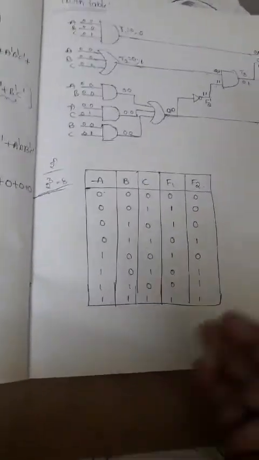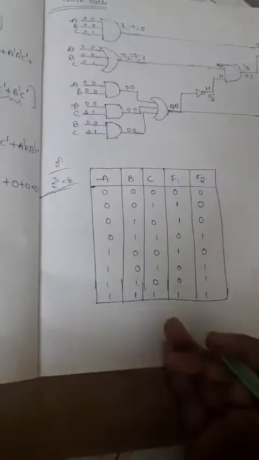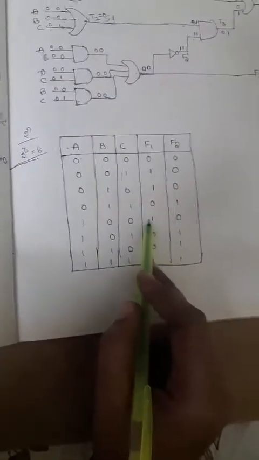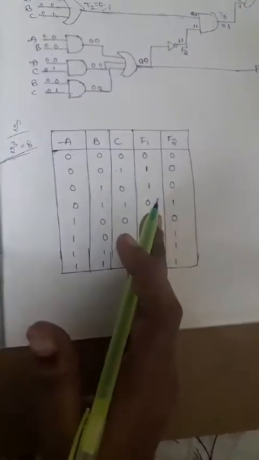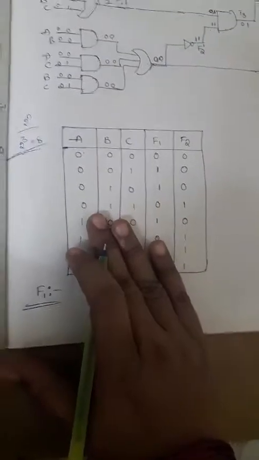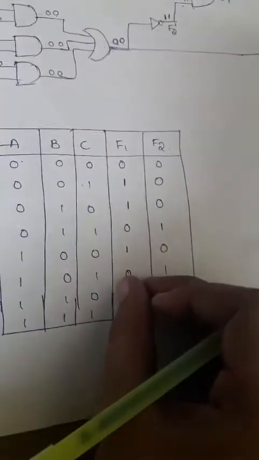Okay, so after finding the truth table, what is the next step? We need to write the expression, right? How to write the expression actually? By using the K-map. So how to find the K-map: whatever output functions we are having, for that column we need to find the K-map. Okay, so first I can find the K-map for F1. For only output values we need to find the K-map, right? You already know how to find the K-map for a given truth table, right? Whatever output function we are having, for that column we need to find the K-map.